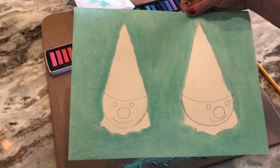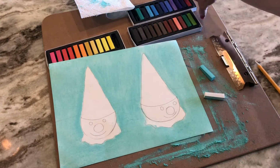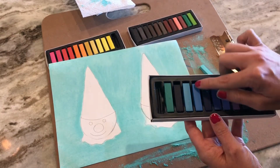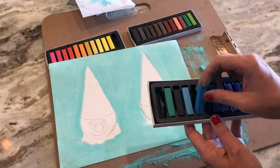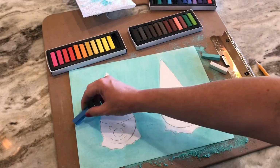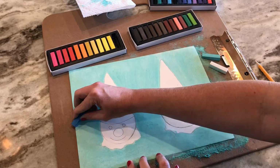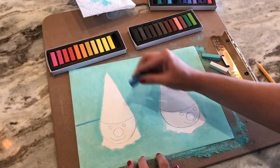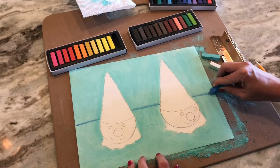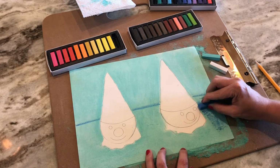And to do the next part, you are going to need a darker color. So I'm going to pick this blue. Okay, remember that line we had drawn? You can still see it through the pastel. So I'm going to take the darker blue pastel, go back over my line, and now I'm going to color this blue